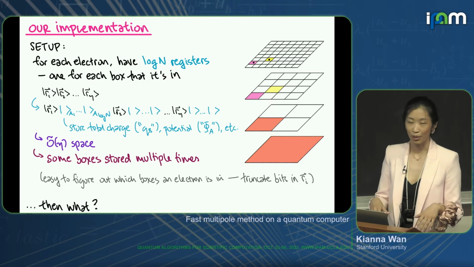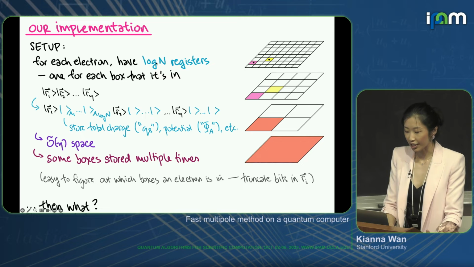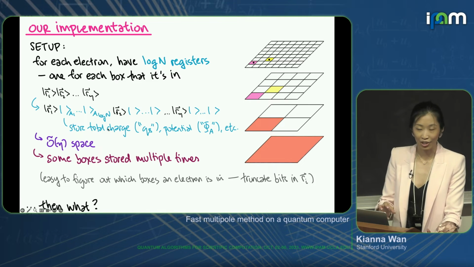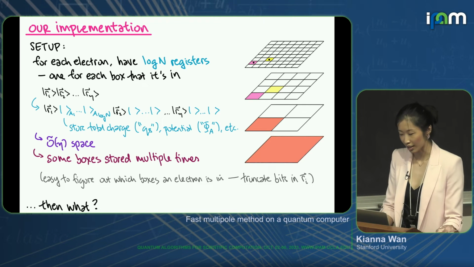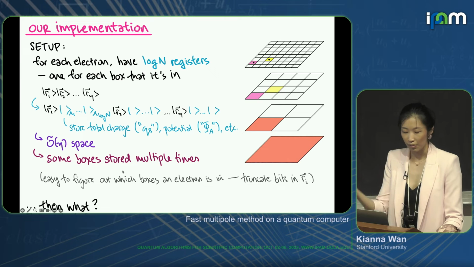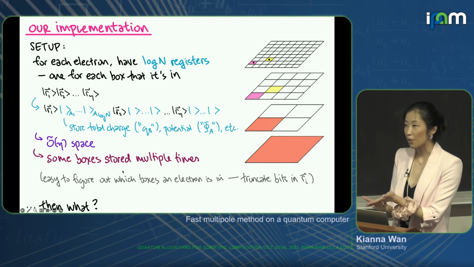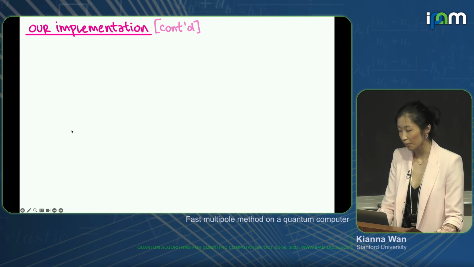And like I said, it's pretty much the only thing we can do. We can only have extra registers for each electron. In particular, we can't directly store all of the boxes because we don't want to have order n space complexity. So that's how we'll store information. But now what do we do? How do we actually compute the information that has to go into each of these box registers